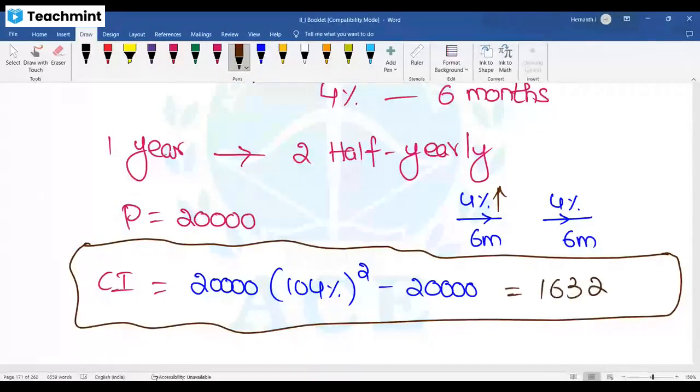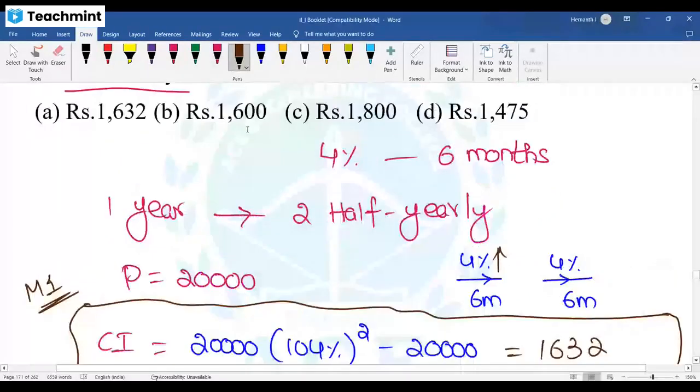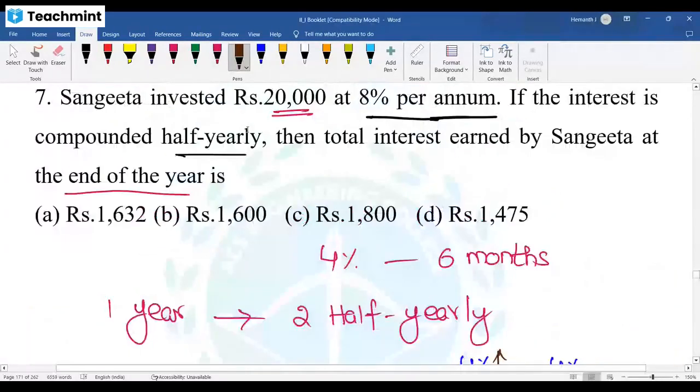Sir, 104% whole square, difficult to do. That is why I said method 1 is allowed only when a calculator is there. You can use this method 1. I'll go for method 2, where without a calculator you can still solve the question in a bit faster way. We'll see that. But note down this method 1. You have a space below that question. Note down the solution in the same space.